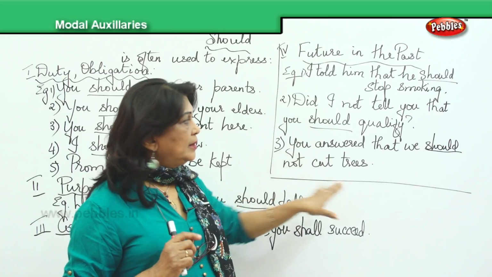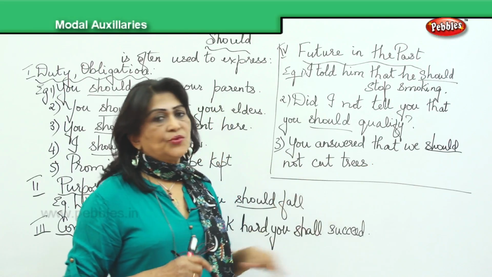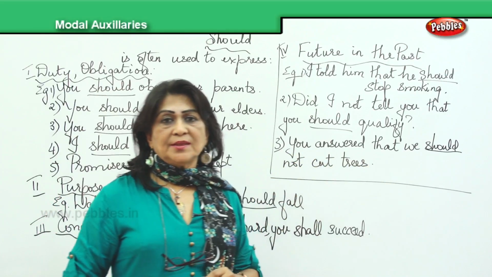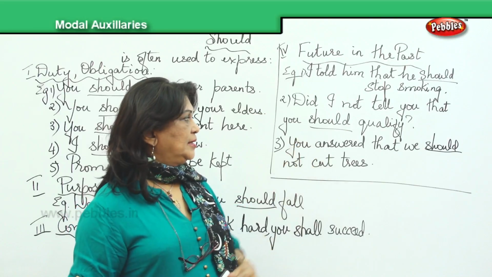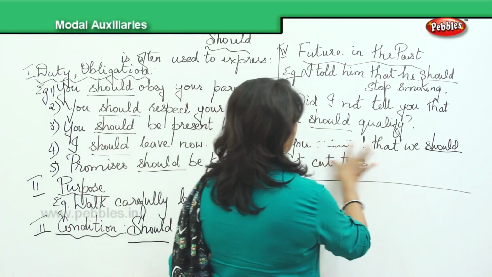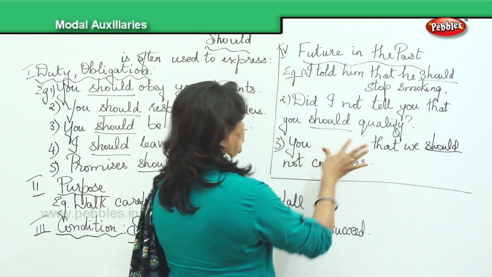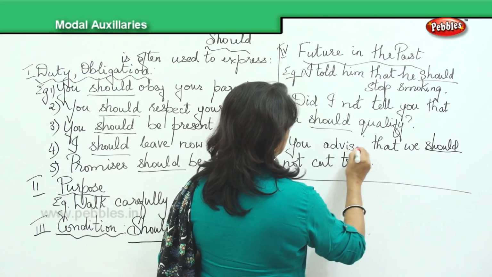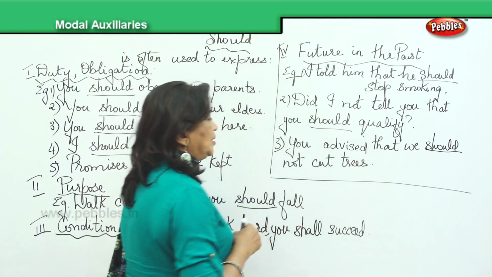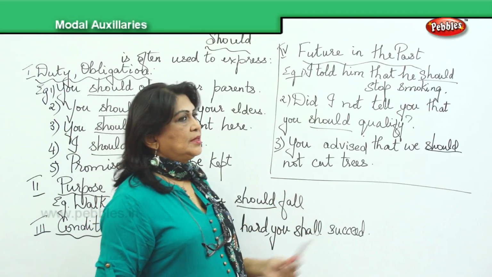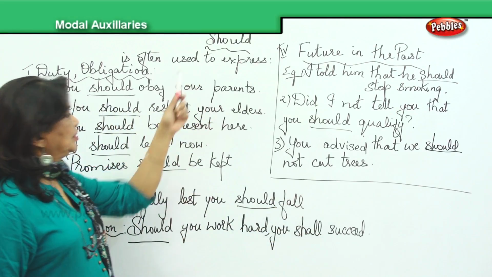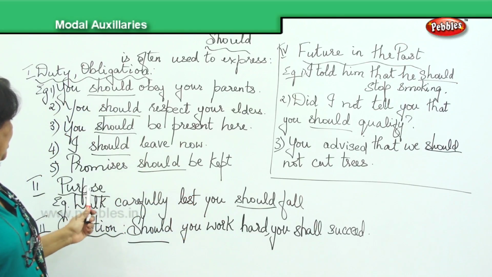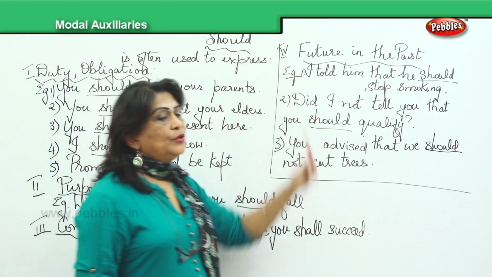You answered that we should not cut trees, or you told that we should not cut trees. You advised that we should not, we can even have it as advised to make it more meaningful, advised. You advised that we should not cut trees. So, these are the usages of should, one of the modal auxiliaries: duty, obligation, purpose, condition and future in the